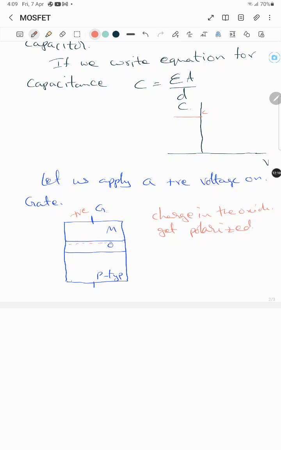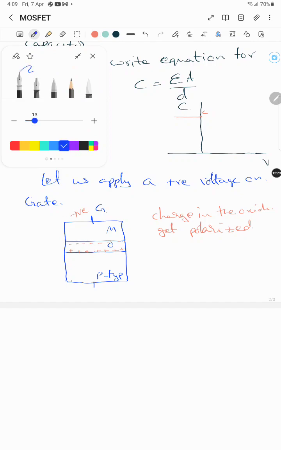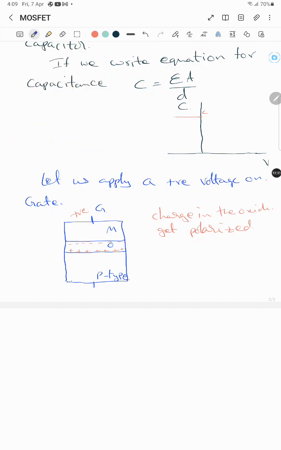The negative charges come to this side and positive charges to this side. The P-type semiconductor has majority holes, and these holes get repelled or depleted